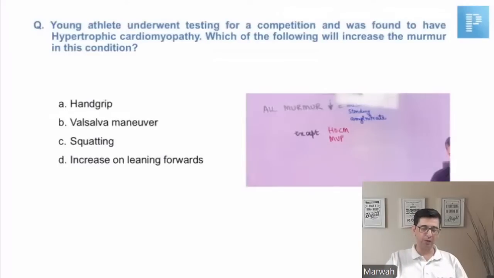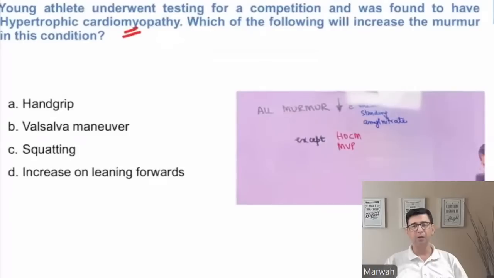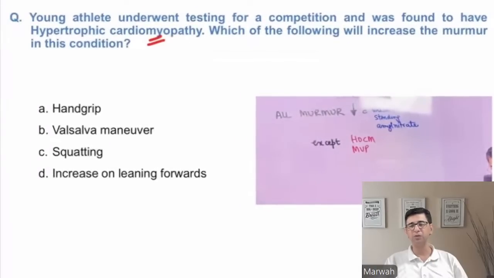I just want to know whether the cardiomyopathy word was given in the question or not. And second, he has asked regarding which of the following will increase the murmur. So in the hemodynamics, our objective is mainly to identify that murmurs of HOCM and mitral valve prolapse always behave opposite of what the